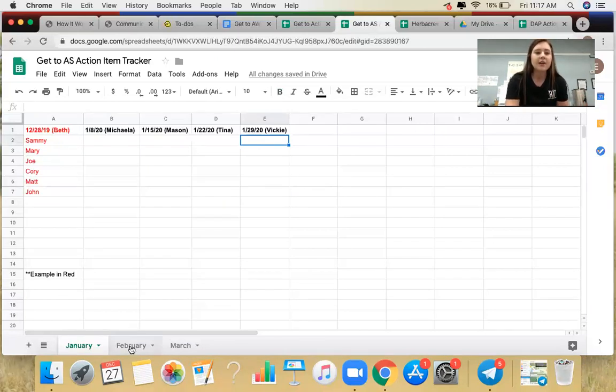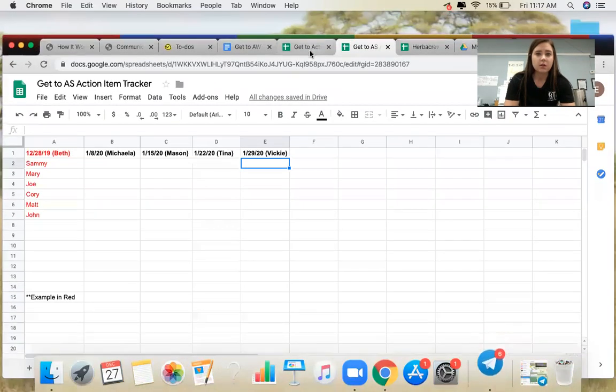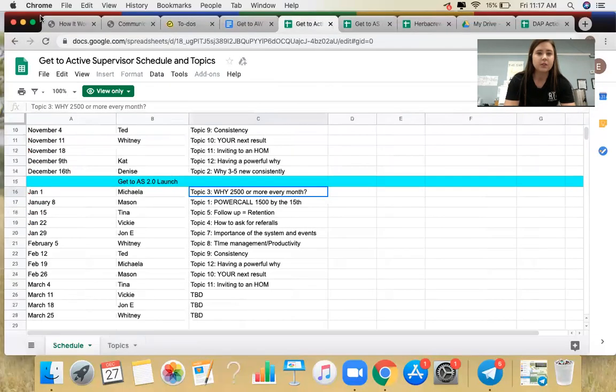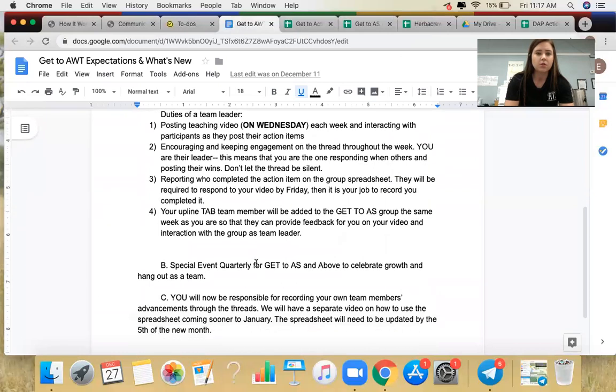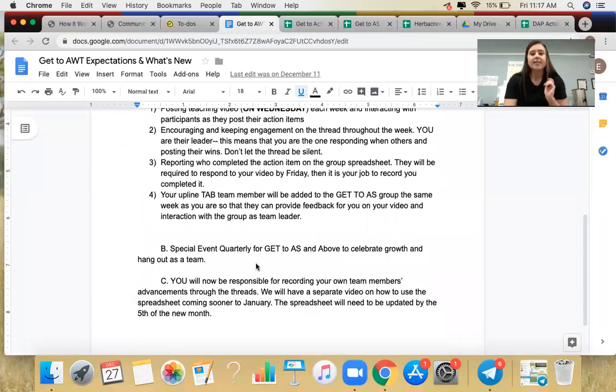If you come down here, we've got the schedule or the tab for February and the tab for March. Okay, so it is your responsibility when it is your week to be team leader to come and record every team member who completed their action item by Friday, okay? All right, so lastly on this part, your upline